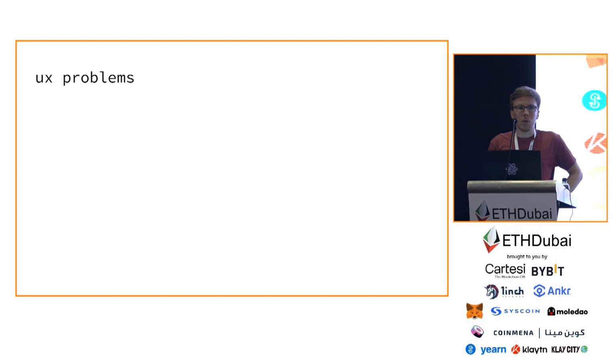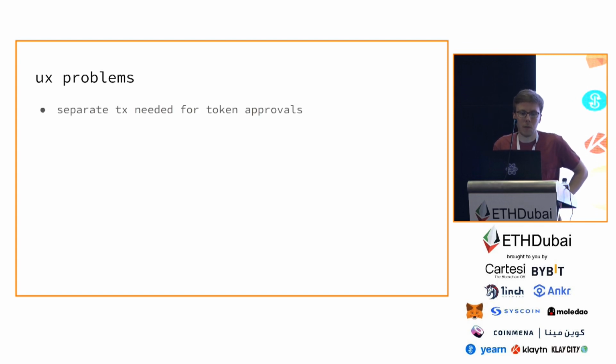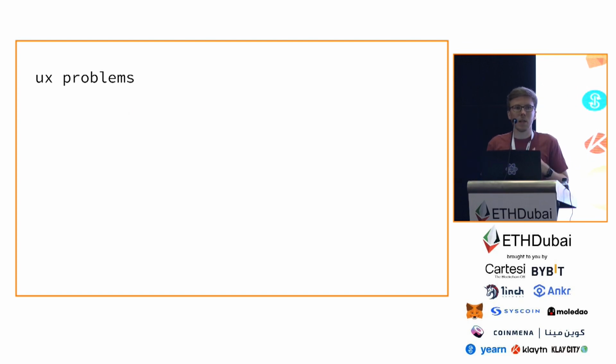And specifically we want to address a couple of UX problems. If you've ever interacted with anything DeFi related, you're probably very familiar with this flow where you first have to send an approval transaction and then you send a separate transaction to actually do the thing you wanted to do. And sometimes that might even be 3, 4, 5 separate transactions you have to send. And more generally, actions on Ethereum tend to be